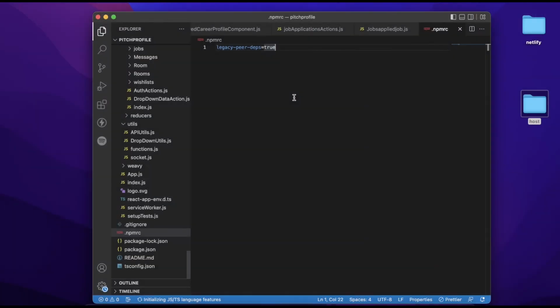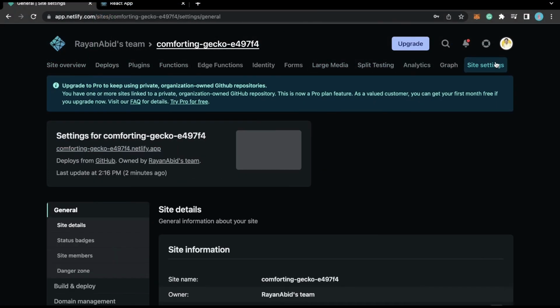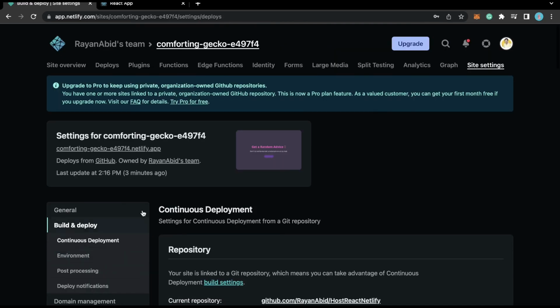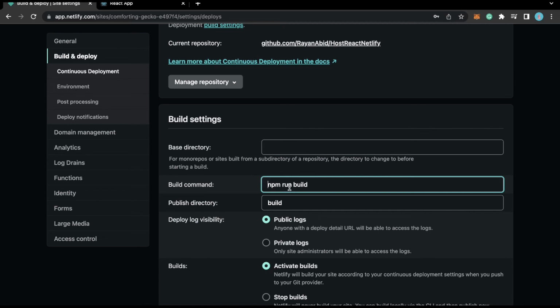If it keeps on failing, you can create this file .npmrc and add legacy-peer-deps=true, and in your deploy settings, site settings, build and deploy, just edit it here and make it npm i --legacy-peer-deps. So you can set it up like this, and this should fix it.